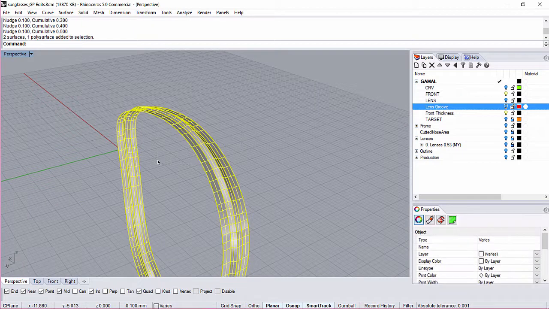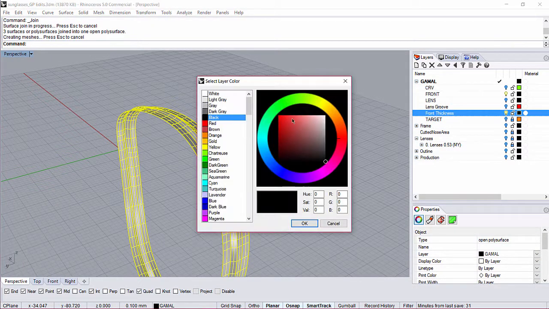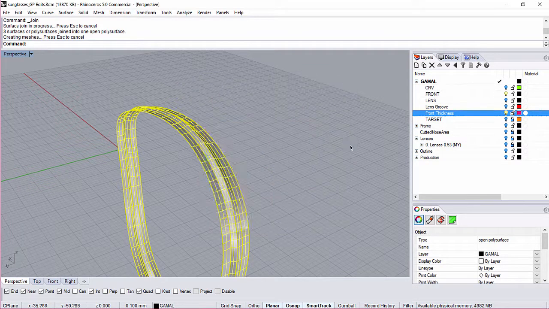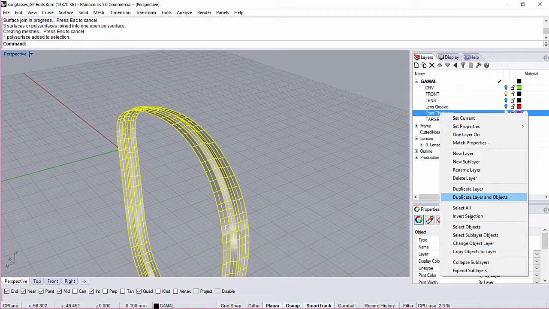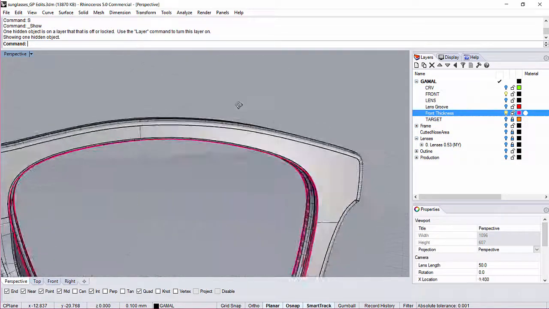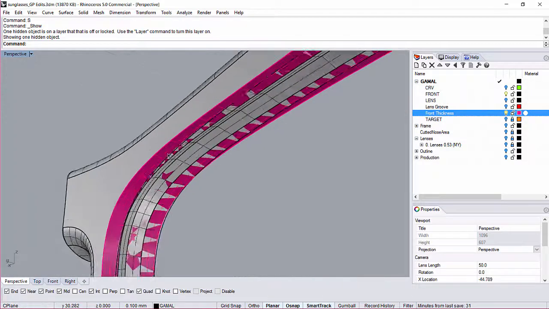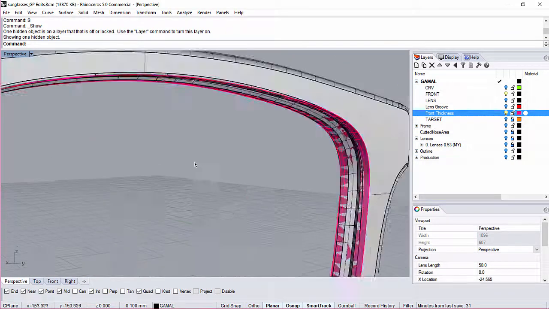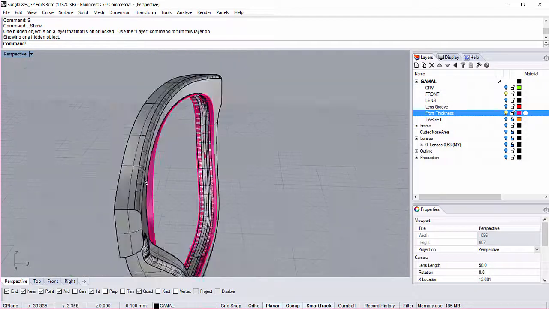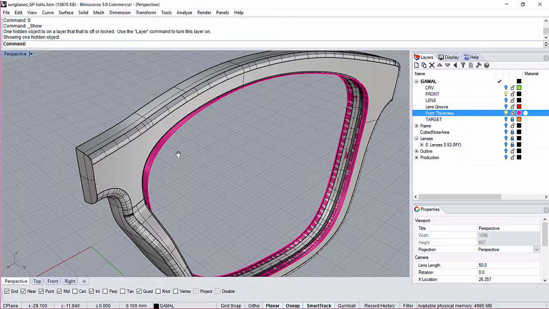So I'll just join it back up, and I tend to make it a color that's kind of bright and obnoxious so I can see it relative to other stuff. And by layer would be awesome. If I could just put that where it goes, there we go. And now you can see literally exactly how far off you are with creating that thickness if you're going to go back and